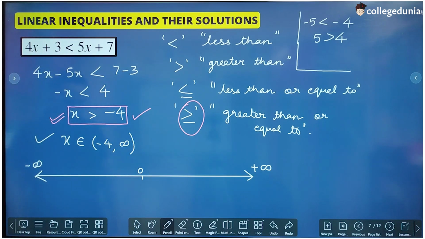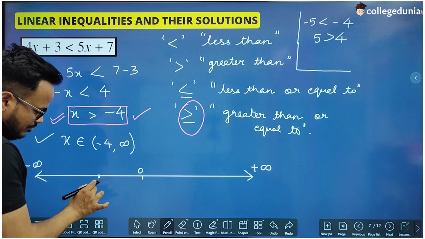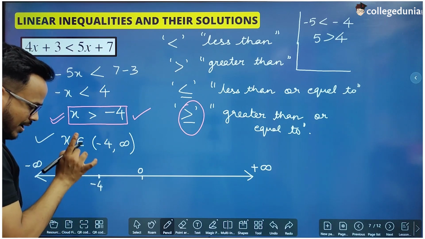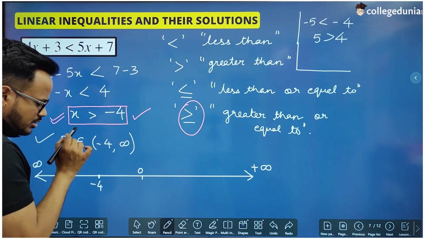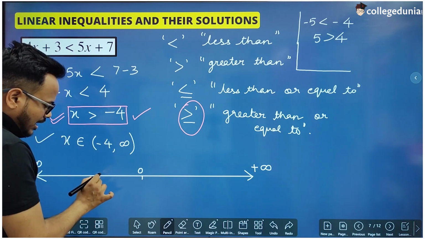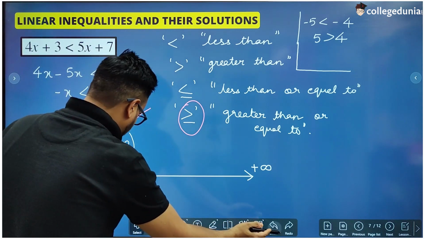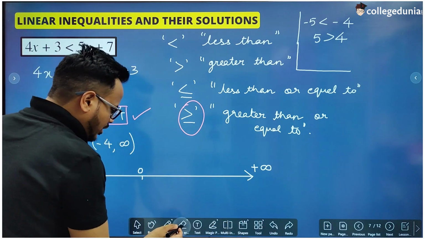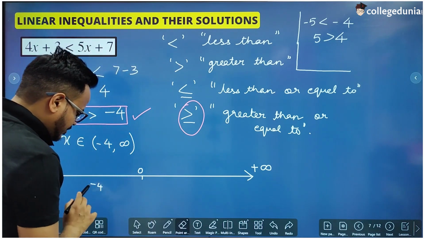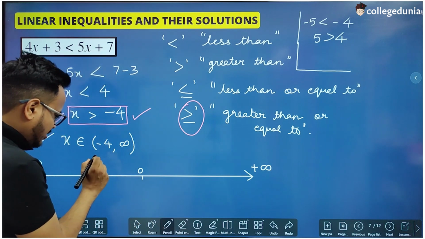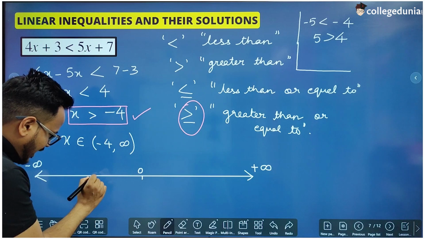So where will -4 lie? -4 will lie somewhere around here. This is -4, but since -4 is not included, we will mark an open circle here. An open circle means that we are not going to fill it. This is the point of -4, and at this point